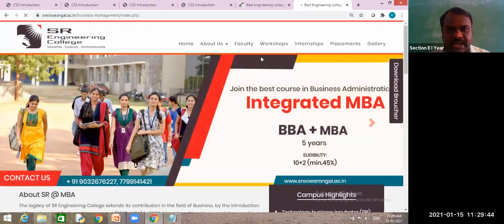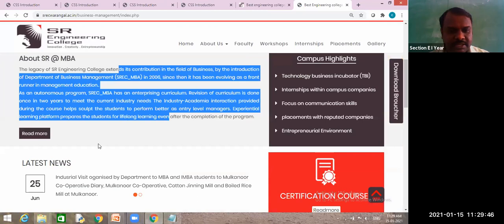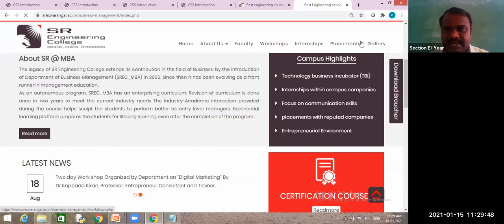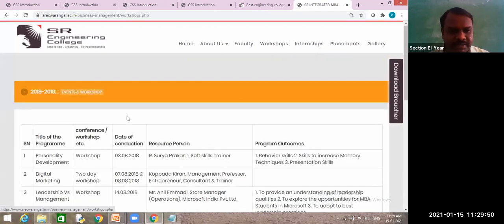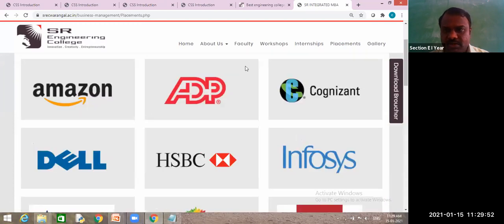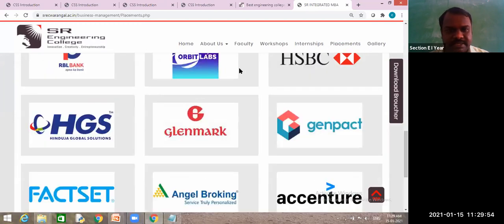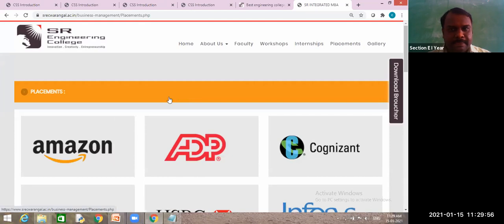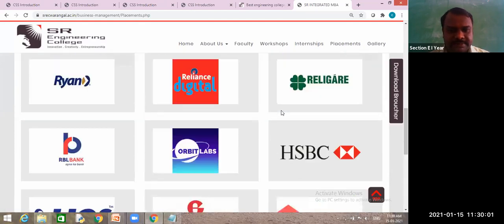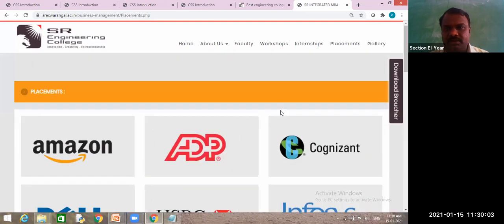When I go to the home page, observe this one. Then I will go to Workshop. See this text size, and go to Placements, and go to general text. It is loading somewhat late. So these all are pages only. Can you find some same properties among multiple files or not? Then obviously they contain CSS.